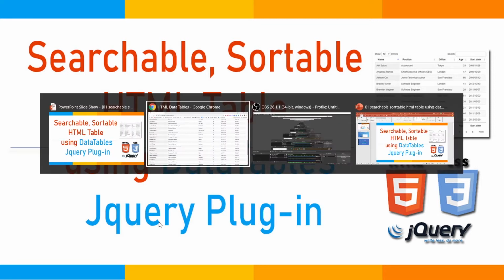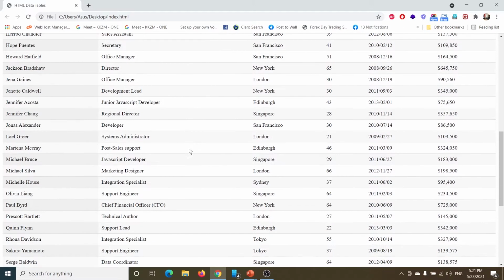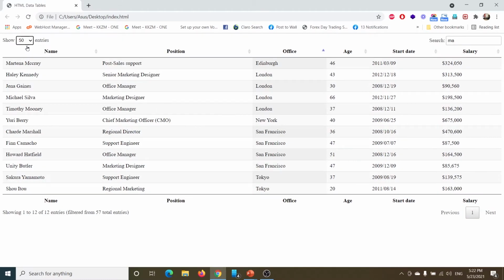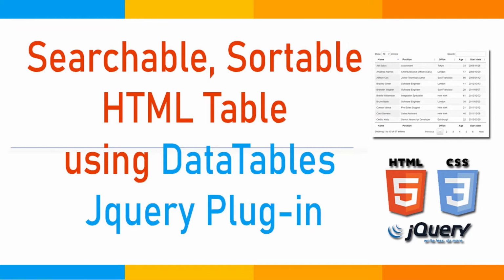Whenever you want to create searchable, sortable tables in HTML, you can use this DataTables plugin. You will be able to display the number of records per page as per your requirements. You will get pagination, and definitely you will be able to sort the data by using DataTables. For this one, you just have to go to